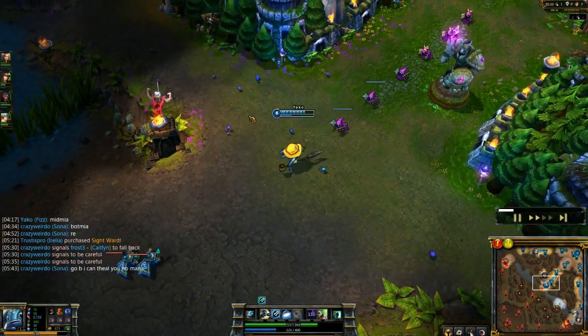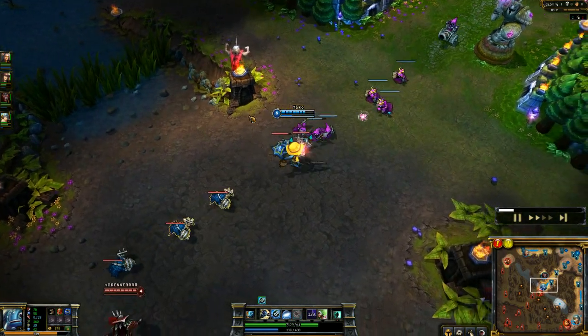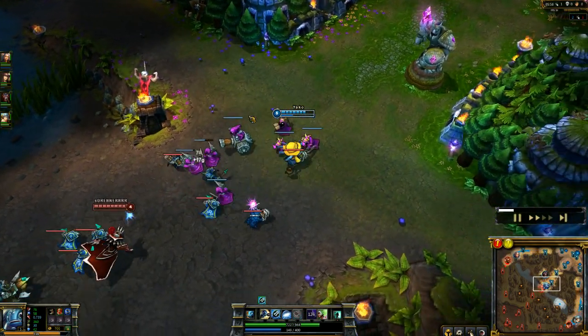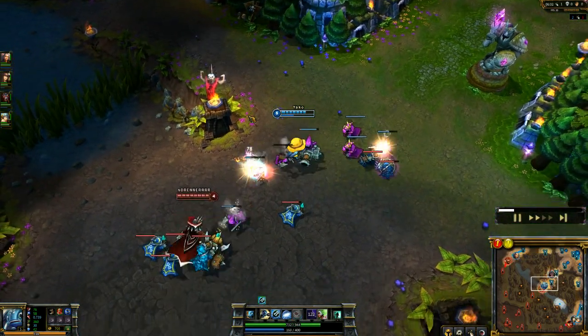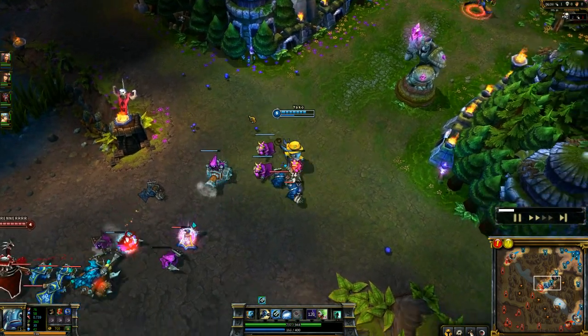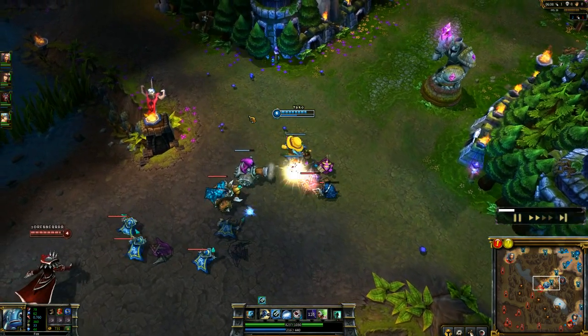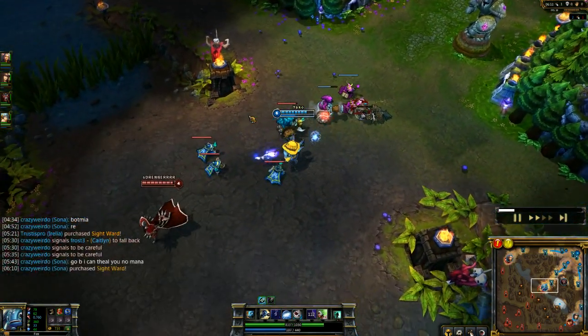So I was gonna go back, but I see I can get a few more CS. Vlad's back, but now I'm up a level on him. Shortly I'll be up 2 levels. I'm almost at 6. I'm low on mana. It would have been okay to go back, I think. At the same time, it's okay to stay. I'll get my mana back